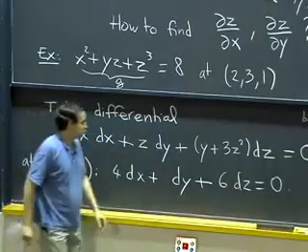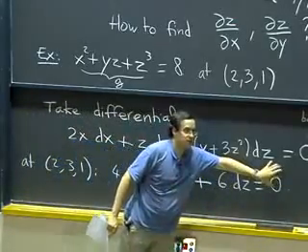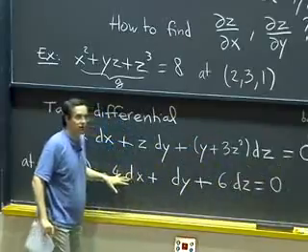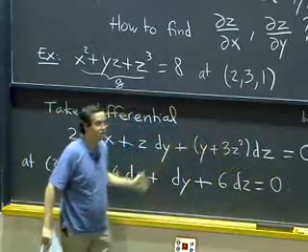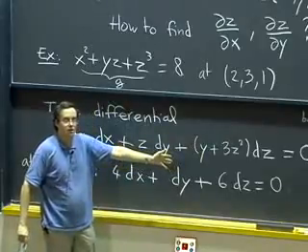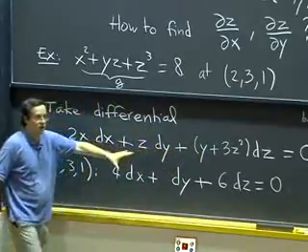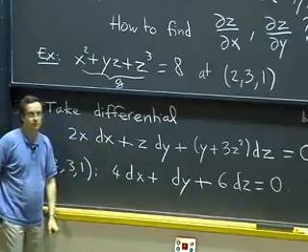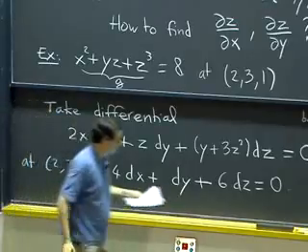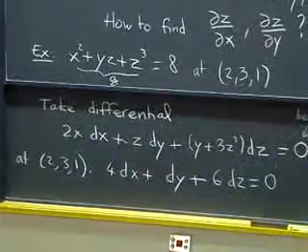So for example, you can move dz to that side and then express dz in terms of dx and dy. Or you can move dy to that side and express dy in terms of dx and dz, and so on. It tells you at the level of the derivatives how each of the variables depends on the two others. Okay, so just to clarify this,